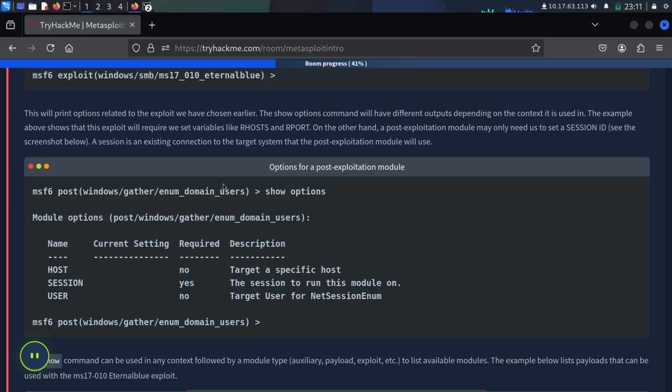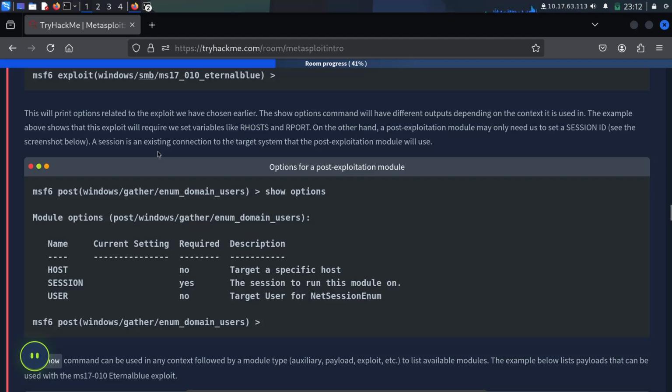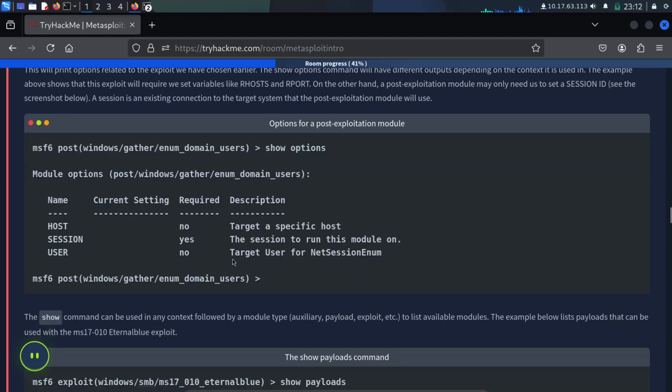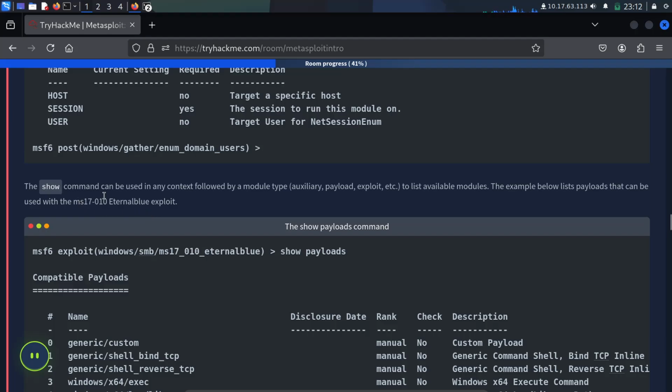The show options command will have different output depending on the context you are using. When you have a different module, this will have a difference. The show command can be used in any context, followed by a module type: auxiliary, payload, exploit, as a list of available modules.